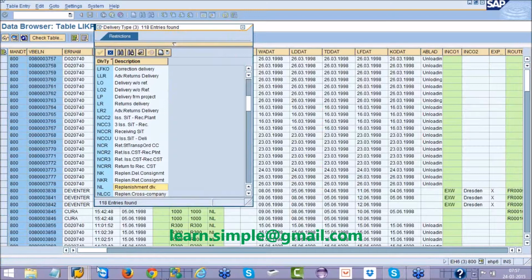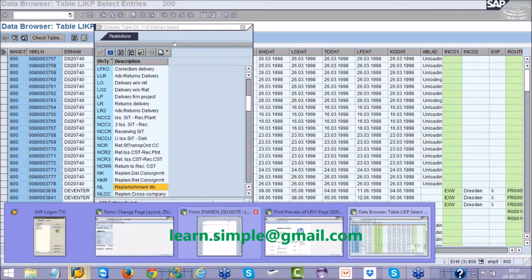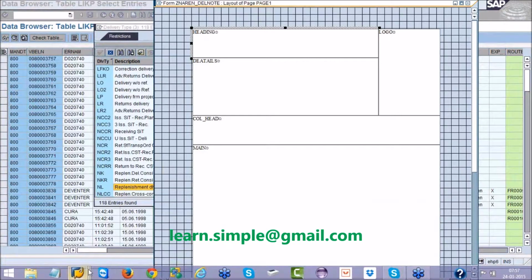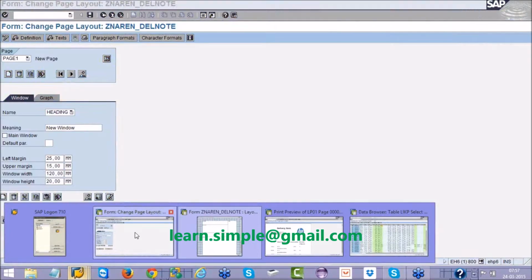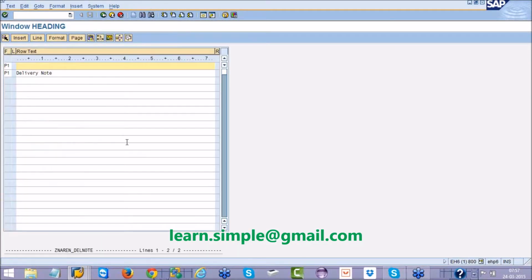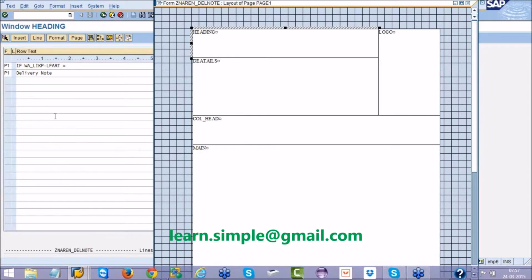So here I'll go to the script, to my heading window. In the heading window I will write an if condition. If my work area LIKP-LFART equals, what is the value we are looking for?